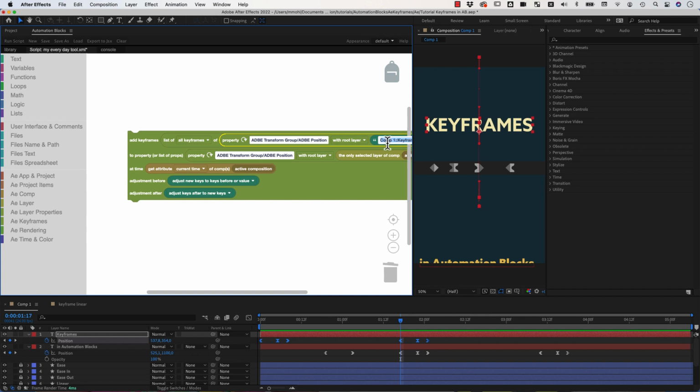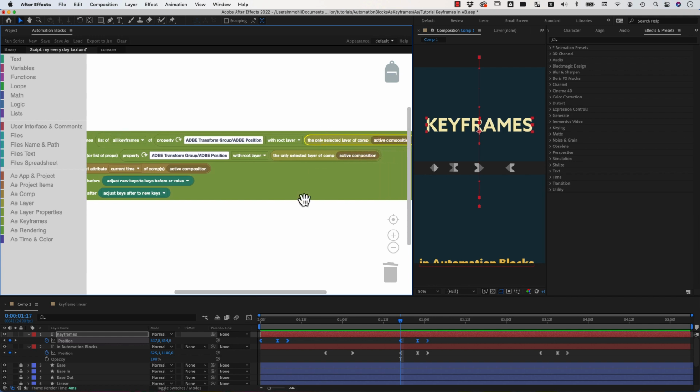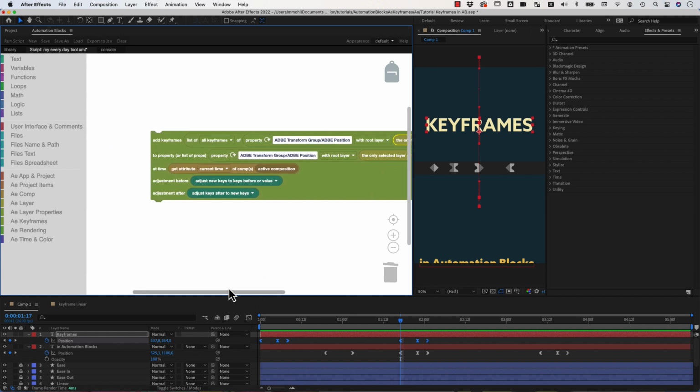So for example, if you enter here 1, it would mean the first layer of the currently open comp, or if you duplicate this here, it would retrieve the keyframes from the position of the currently active comp. So here you can really control which keyframes you want to use. You can either use hard-coded keyframes, which is the default, or with this list of keyframes, you can dynamically read